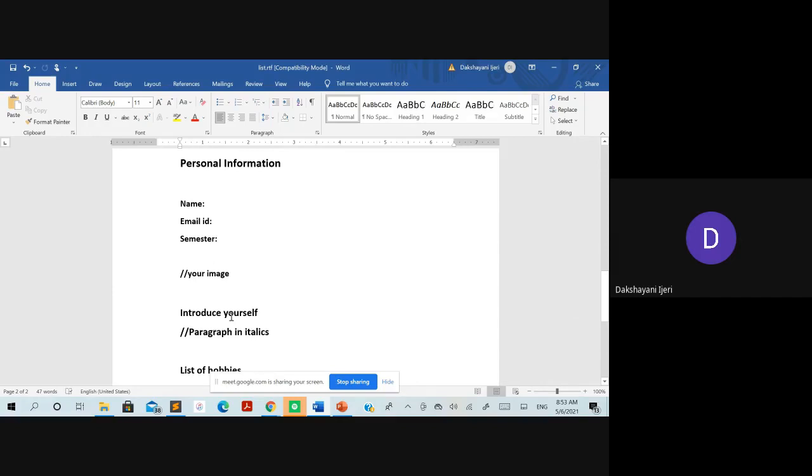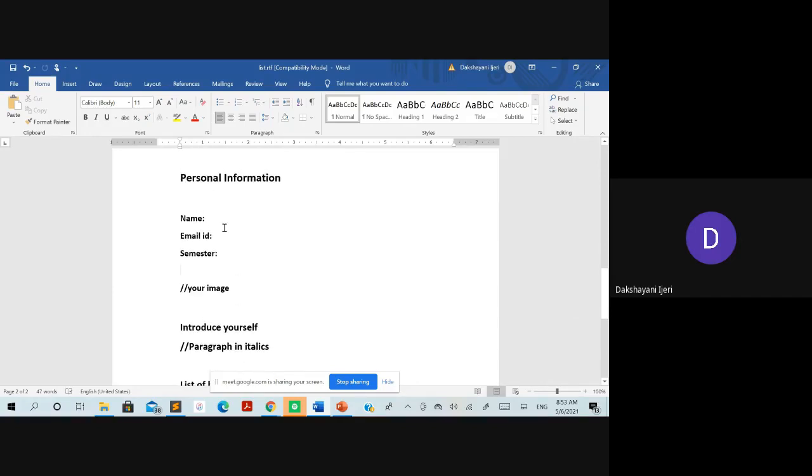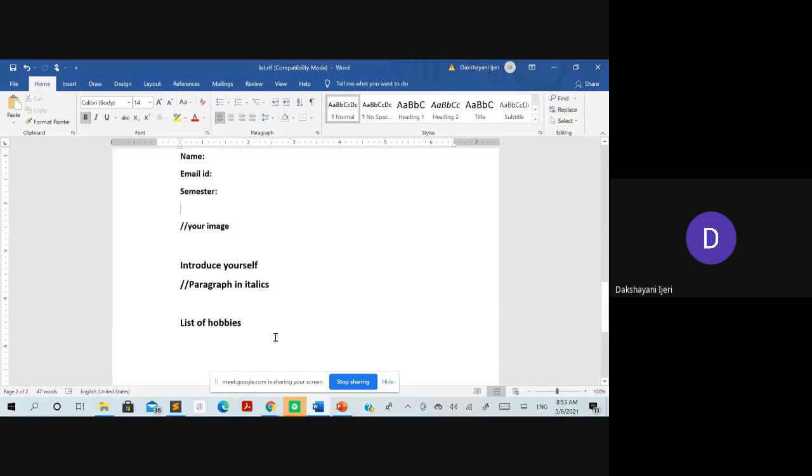Again it has to be followed with a font size which should be less than this personal information, but larger than these labels, that is introduce yourself. And the rest of the content to this is a paragraph but in italic form, and then the list of hobbies.